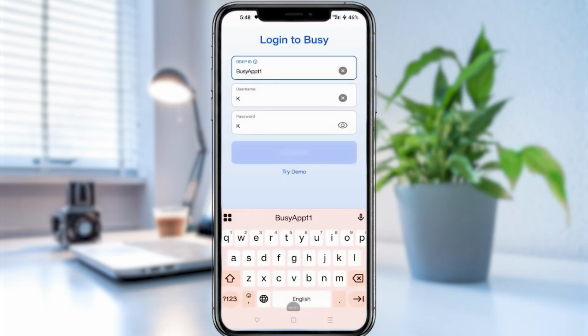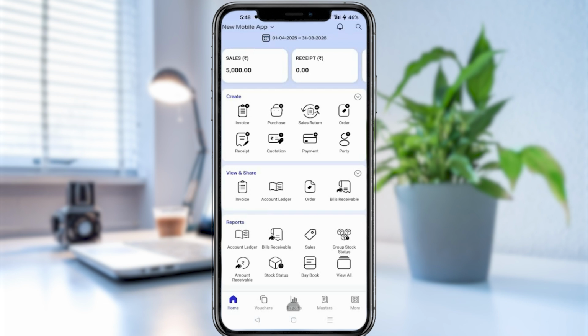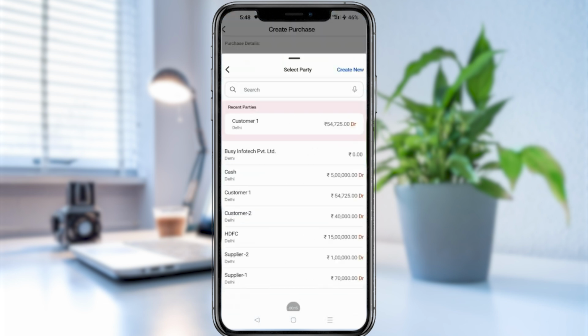Next, log in to the mobile app. After login, the purchase option will appear in the Create section. Click it to add a purchase. Now select the party. If the supplier is not already created, you can easily create a new supplier using the